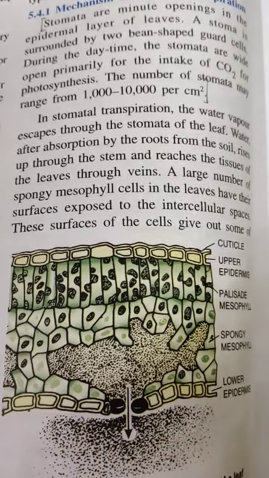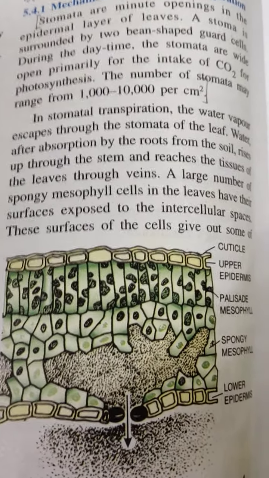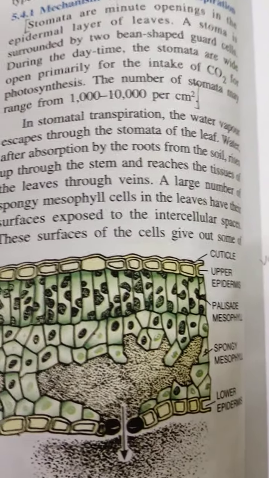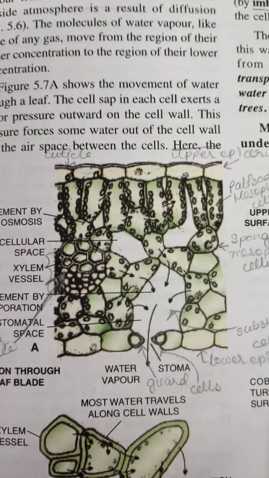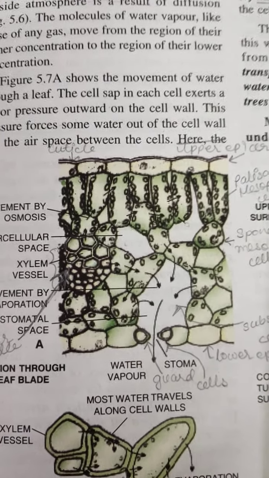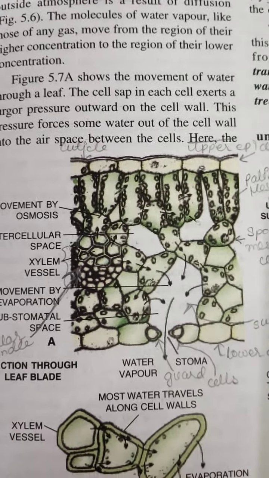See, this diagram is very important. Another diagram is also very important. Let me show you now only. This is this one. As you can see the arrows in this diagram, these arrows are very important to understand the direction of the water which is flowing inside the cells of the leaf. Clear? Now we'll come to that.